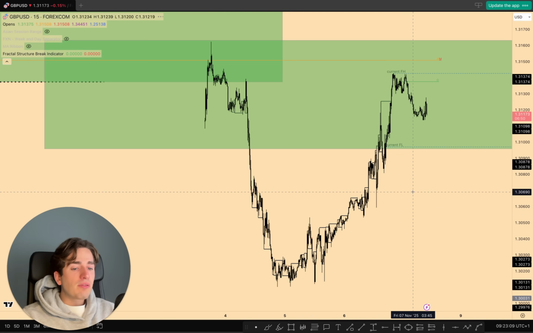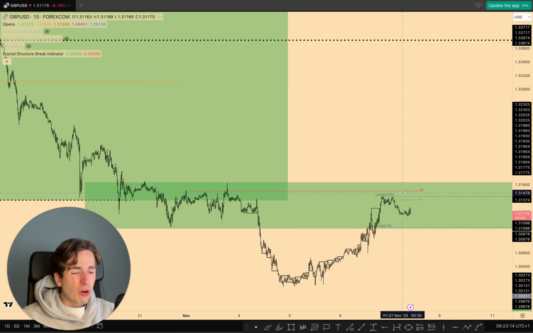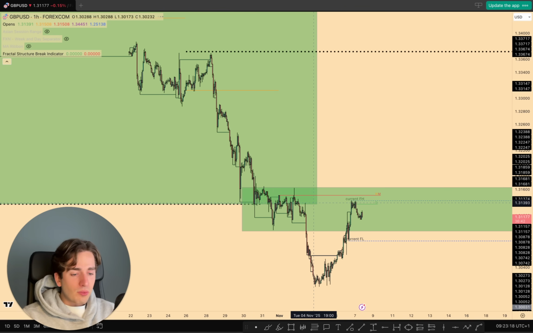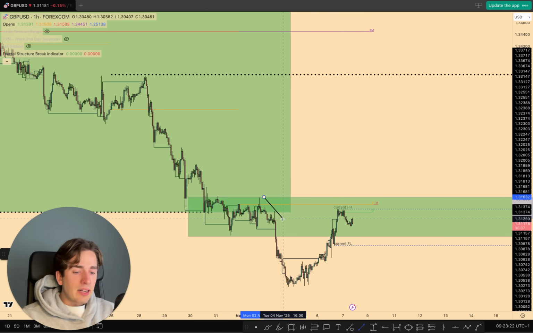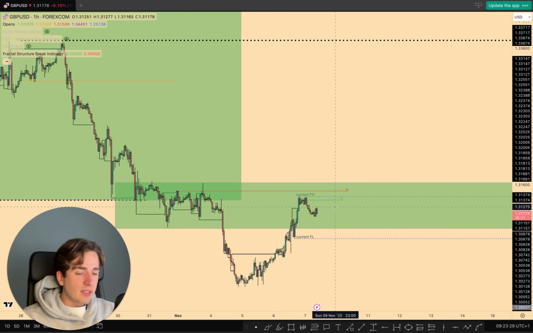Now, if I view the 15-minute time frame here, still there's nothing really of interest at the moment. I don't really see any setups. Also looking here at the 1-hour time frame, I don't really see any setups. All I see are some descending highs in towards the downside here. The overall 1 hour fractal structure is also a little bit lower still, so no current immediate setup there on